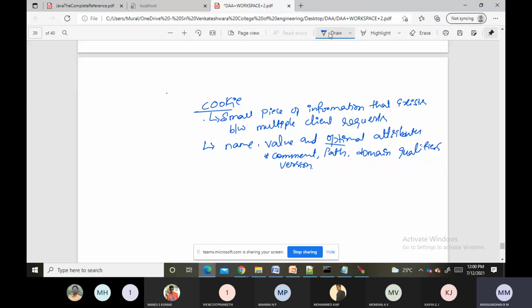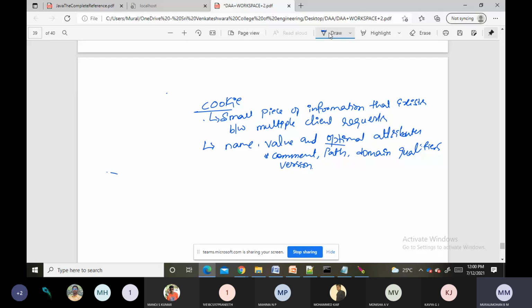Basically, a cookie is a small piece of information that exists between multiple client requests. It has a name, a single value, and optional attributes such as a comment, path, domain qualifiers, version, and maximum age.